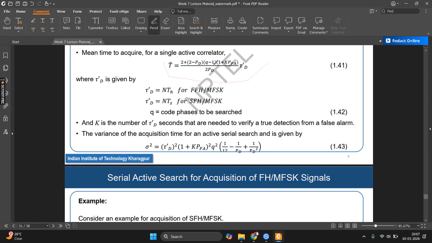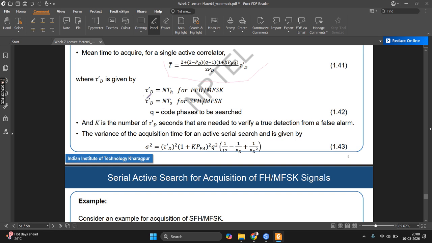Now the mean is given by this. So we design around a particular false alarm, and then we derive the detection probability for that false alarm probability. And the Q is the number of code phases that has to be searched. So this is the mean time to acquire, and the variance is basically